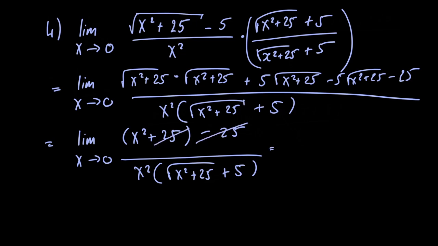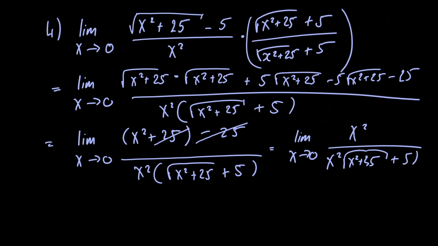Then we're just left with an x squared in the numerator. Now, we can cancel these two x squareds here. And we're left with 1 over the square root of x squared plus 25